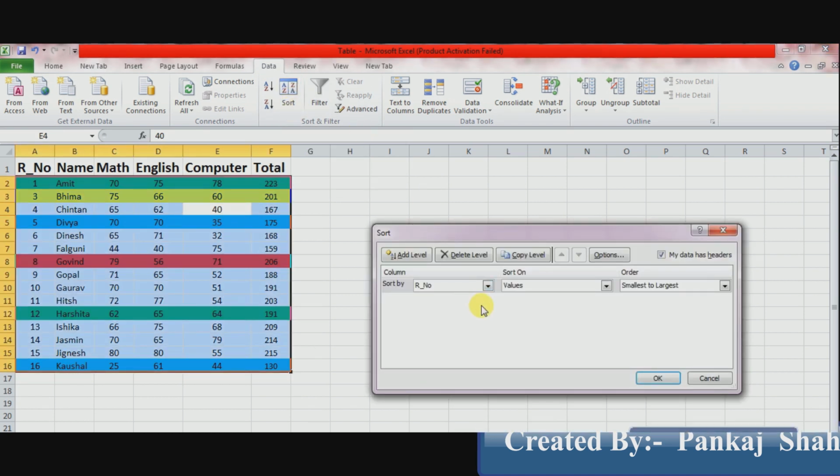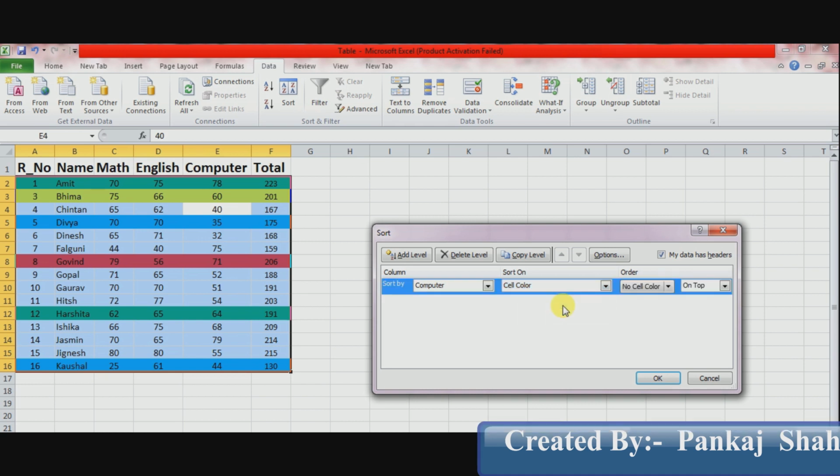Now sort by. In sort by you have to select any column, meaning my cursor is set on computer, so select computer, then in sort on, select cell color.